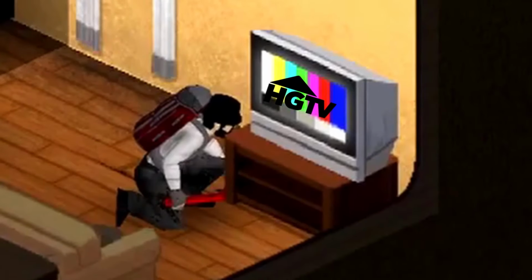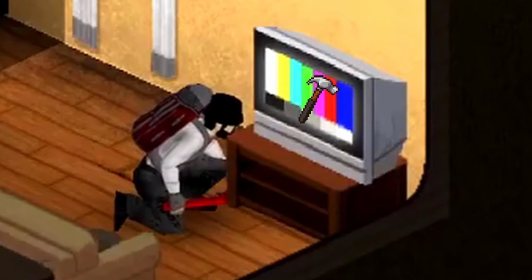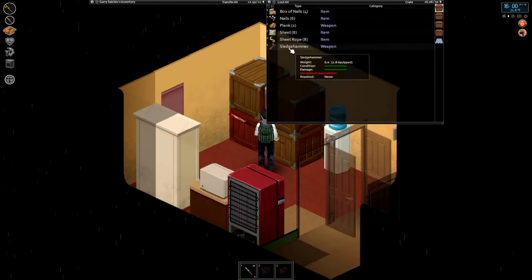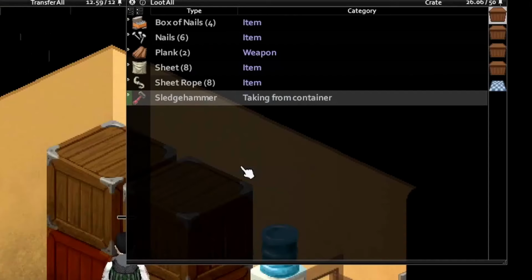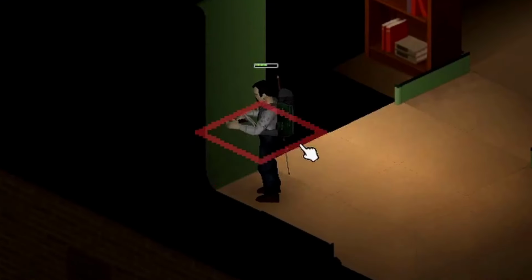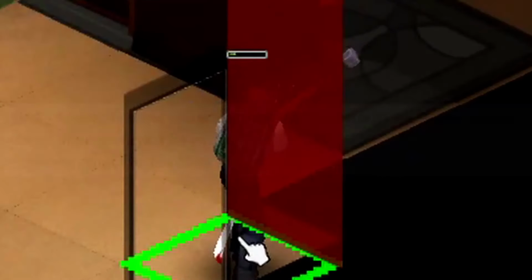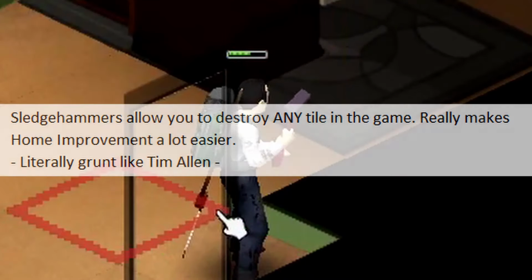Right? All you'll need to get on HGTV is an axe, hammer, saw, screwdriver, box of nails, planks, and certification for that forklift. Sorry, no one needs to be forklift certified. I meant to say a license for that sledgehammer. Sledgehammers allow you to destroy any tile in the game, and it really makes home improvement a lot easier. I have it in my script that I'm to literally grunt like Tim Allen, so